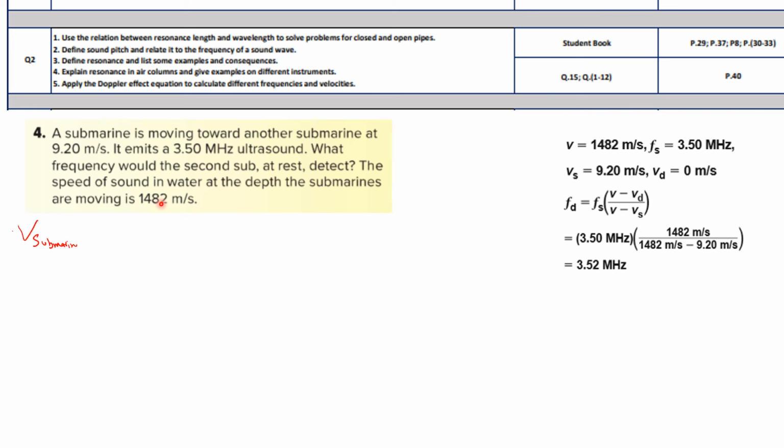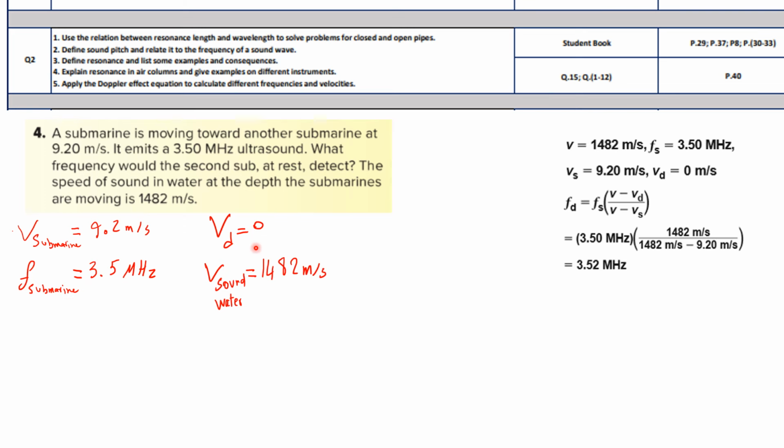So of course we have to use the Doppler effect, and that's the given. Velocity of the submarine is 9.2 meters per second. Frequency emitted is 3.5 megahertz. Velocity of the detector, meaning the second submarine, is 0. How do I know it's 0? Because they say it's at rest, not moving. And of course, the velocity of the sound underwater is